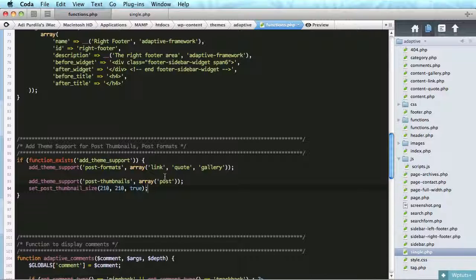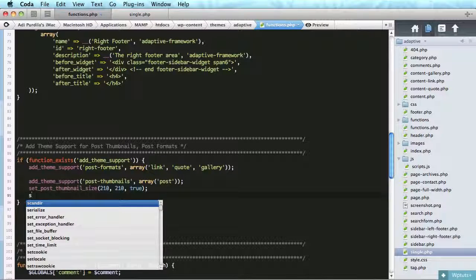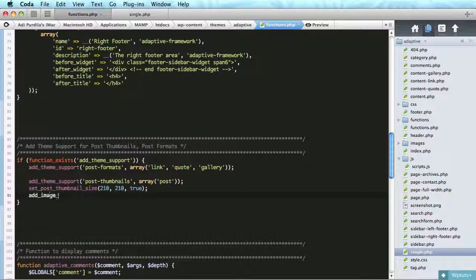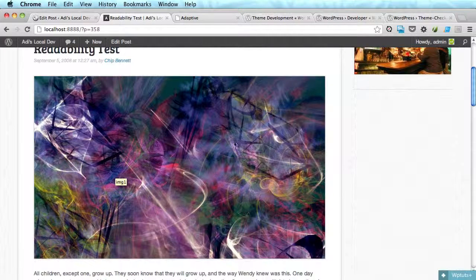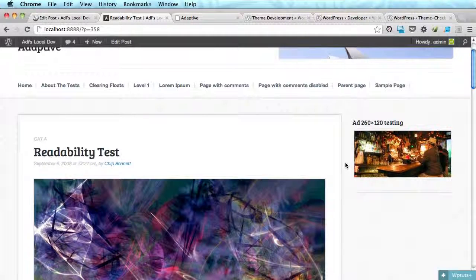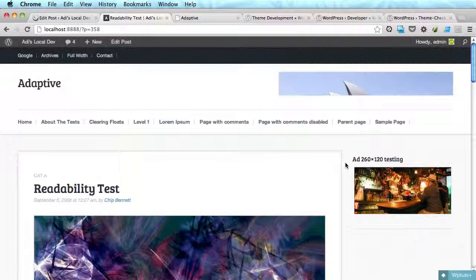So right here, we're going to say add image size, custom blog image, and I'm going to set it at 784 by 350. All right, so now if we refresh, we get a nice proportional image. All right, pretty good, pretty good. Okay, so that's it for